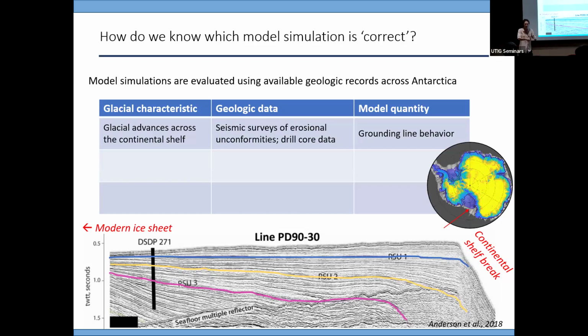Remember, the inward dipping bed is a feature of Antarctica because we have this big loading in the interior of the ice sheet. So anyway, this seismic line is tied to a drill core, so we know kind of what the ages are. We've got an age model. And you can identify these big erosional surfaces across the continental shelf. This is when the ice sheet expanded all the way out to the shelf edge and retreated multiple times in the past. And so we use this type of data to say, how many times did the ice sheet advance across this region and approximately when?